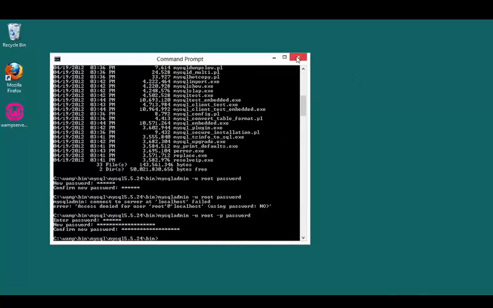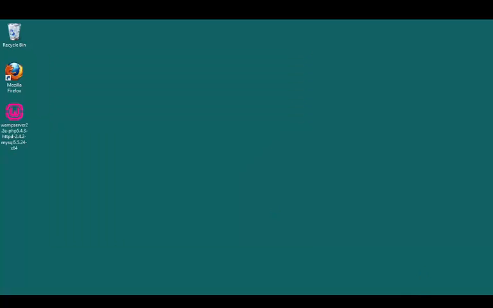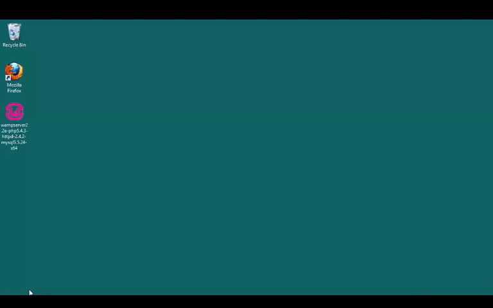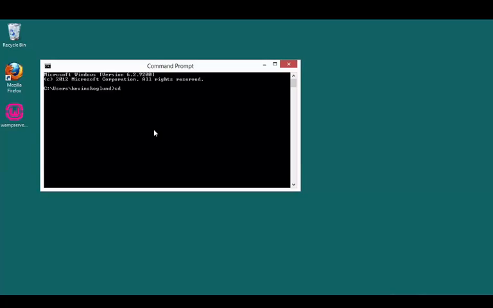Now there's one other thing that I want to mention to you about this, which is that with WAMP is also included an application called PHP MyAdmin. It's a very popular way to look at your MySQL databases and to manage them by using a PHP web interface. Now, we're not going to be using that in this training. We're going to be using MySQL directly using the MySQL console. But I just want to mention that we did just break PHP MyAdmin because it's not set up to use a password. If you want it to use a password, navigating to